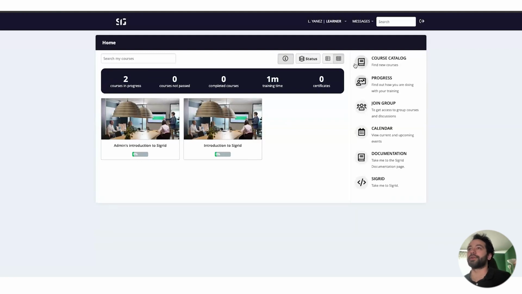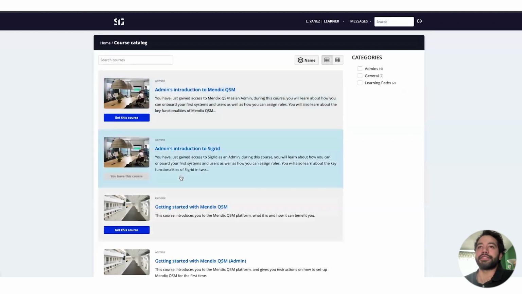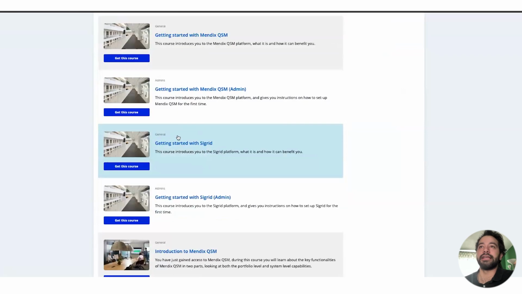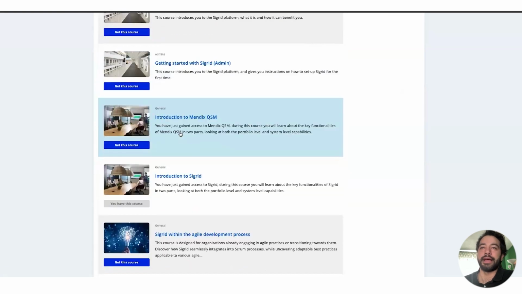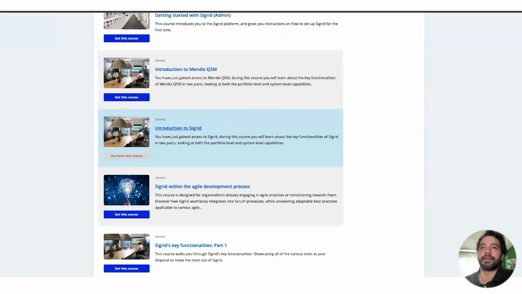This is the other thing that's going to be the most important thing for you. Even though you are automatically assigned to certain courses, you also have the possibility of assigning courses to yourself. You can do that by traveling to the course catalog. In here, you will see every single course available, also the ones included within the learning paths that you may already have been given.